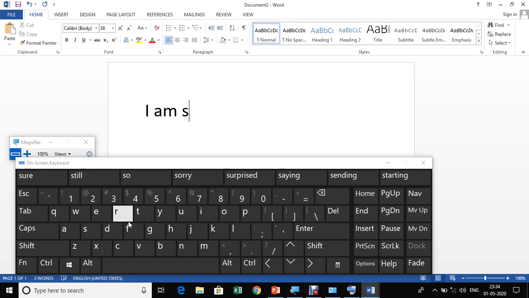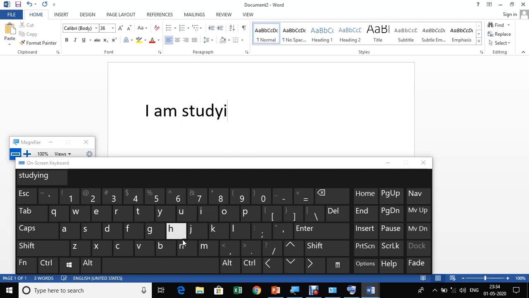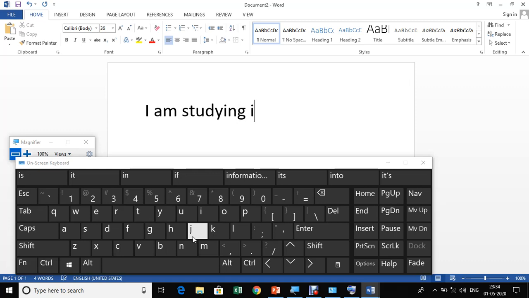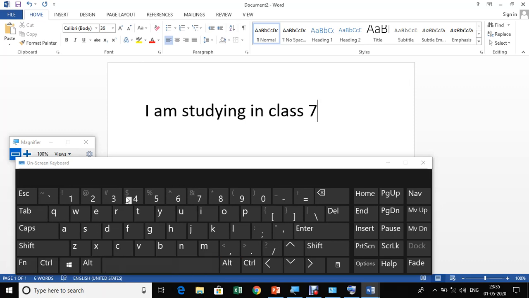I am studying, S T U D Y I N G, space, in, space, class 7. Clear everyone? It will work very nicely like your actual hardware keyboard, but you have to